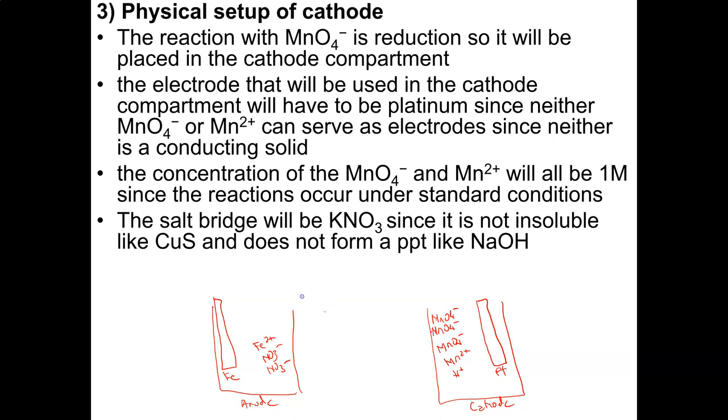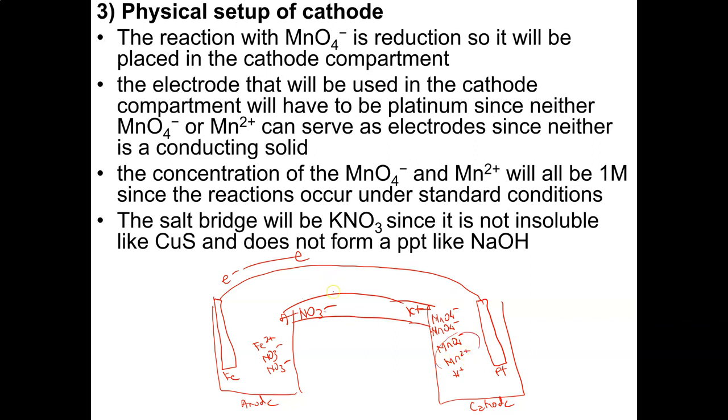You have your wire connecting your anode to the cathode. So electrons go this way. Salt bridge, KNO3, cations to cathode. So here, anions to anode, here, and that's what ends up happening. So because platinum is an unreactive substance, it's not going to impact anything going on here. So as you get electrons on this side, Mn2+, this reaction is going to occur, but we don't worry